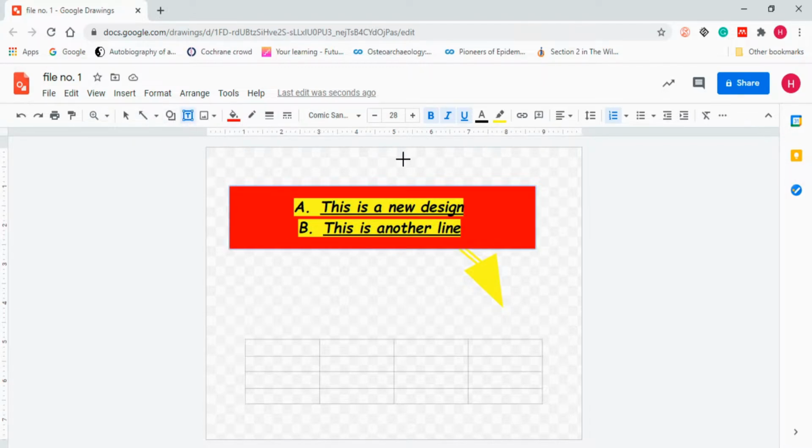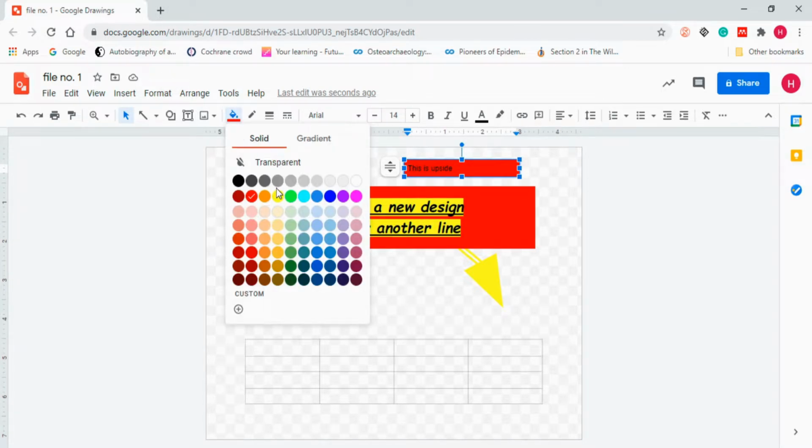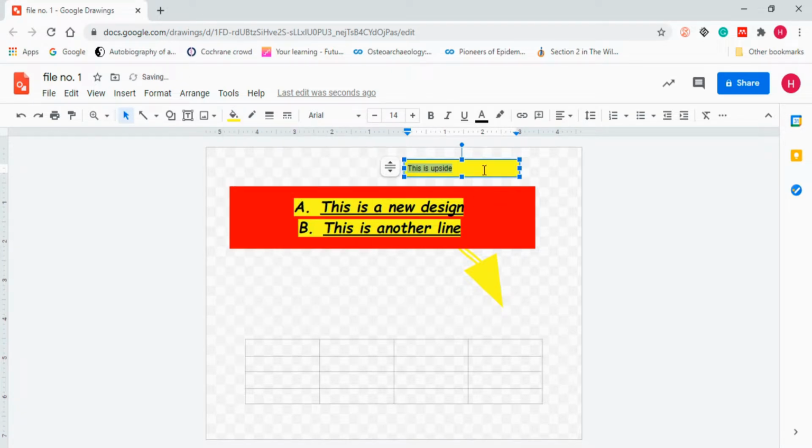Now let me explain how you can do that. Text box. This is upside. Now let me fill color inside this. I will go with yellow.